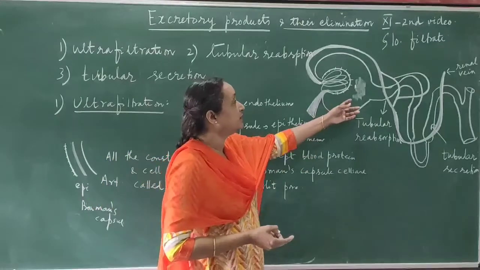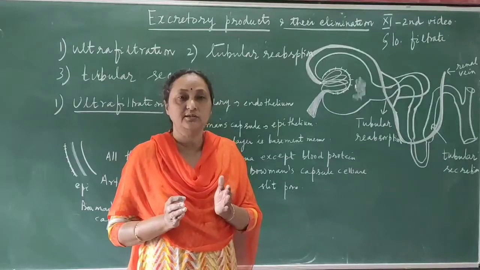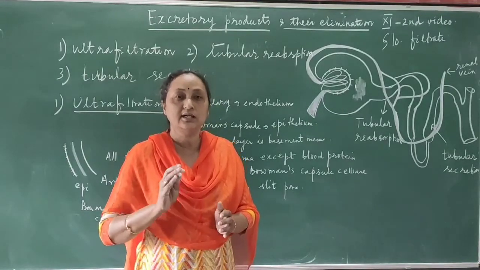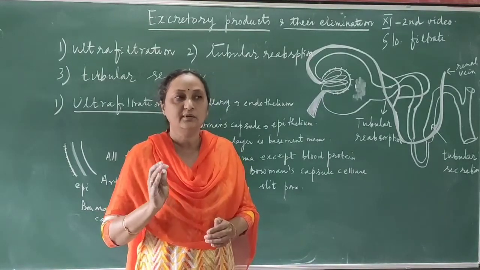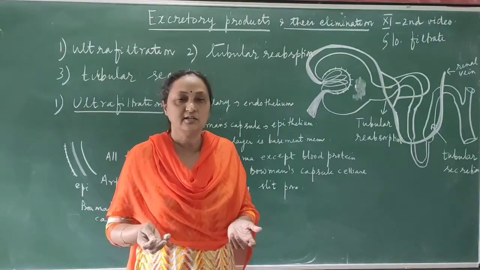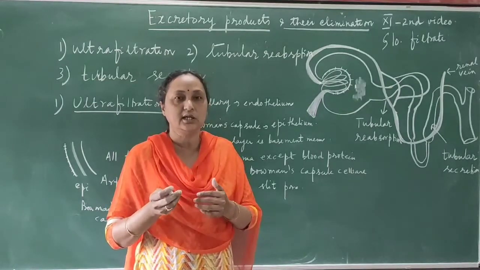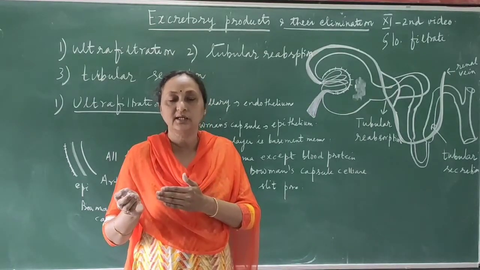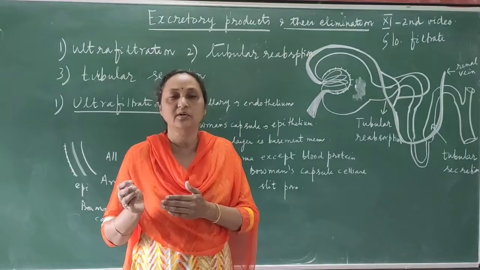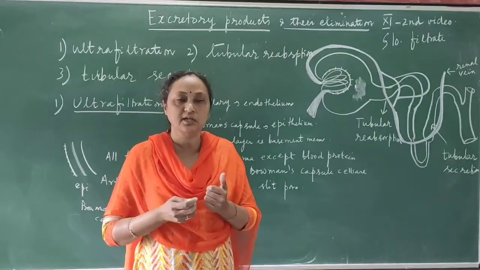And the amount of filtrate which is produced every day in the body, what is the amount of the filtrate which is produced? So that is 180 liter. अगर हमारी बॉडी से 180 लीटर पानी अगर हर दिन निकल जाएगा तो we cannot survive. तो ये जो अमाउंट है उसको हमको कंट्रोल करना है, चेक करना है. और यूरिन हम कितना एक्सपेल कर रहे हैं हर दिन में, ओनली 1 to 1.5 लीटर. तो इसका मतलब ये जो बाकी फिल्ट्रेट है उसको रीअब्जॉर्ब होना है ब्लड में.